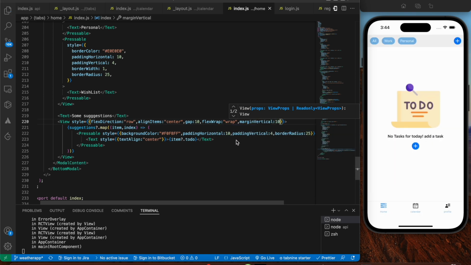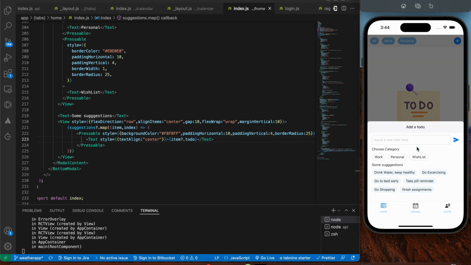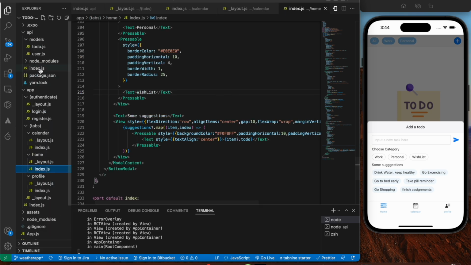So let's save the file and look how it's looking. So as you can see, that's looking better. So we have designed the bottom model. So now the next step is we're going to go and design the endpoints to add a to do for a specific user. So let's head over to the index.js over here,